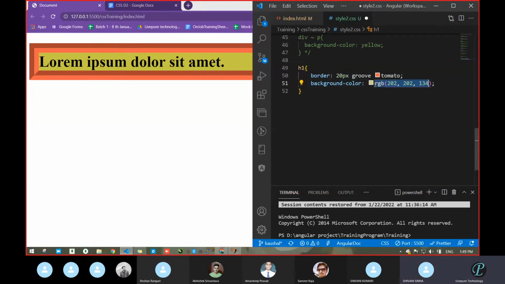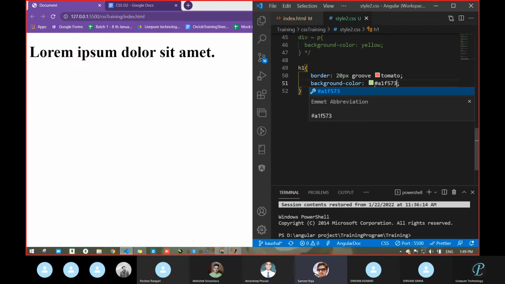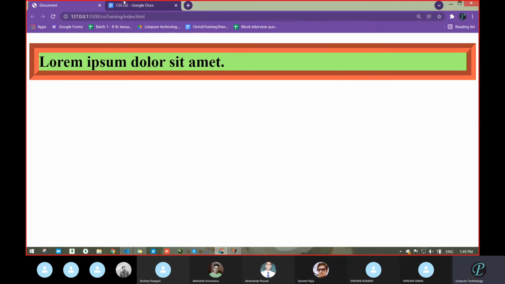Hash A1F574. Now see, we got some color already. When you give any value, it will surely give you some color. So these are hexadecimal.